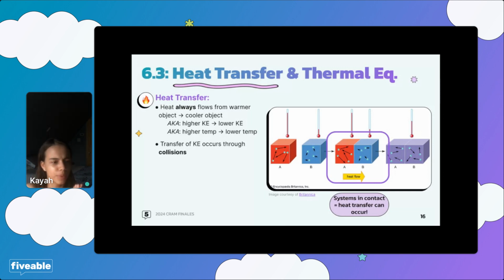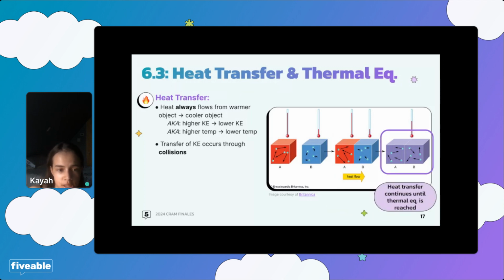And remember, on the AP chemistry exam, if they say average kinetic energy, that just means temperature. Don't let them throw you off. Kinetic energy, KE equals one half mv squared. If they ever say average kinetic energy, it refers to temperature, okay? So keep that in mind. In this case, you have the transfer of KE through collisions.